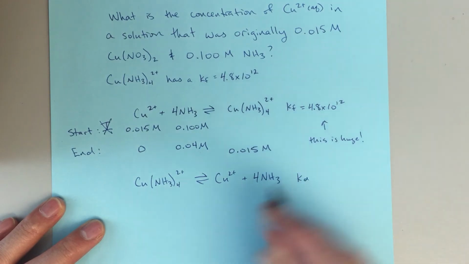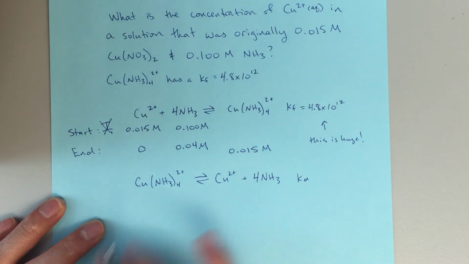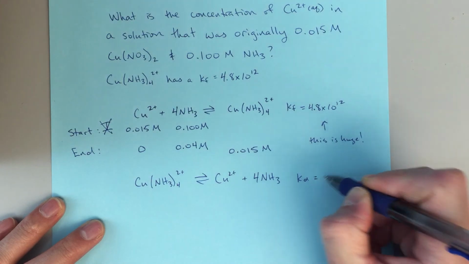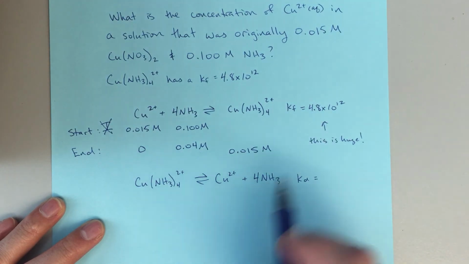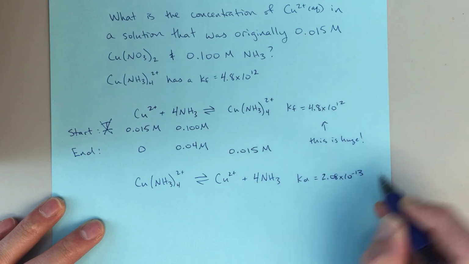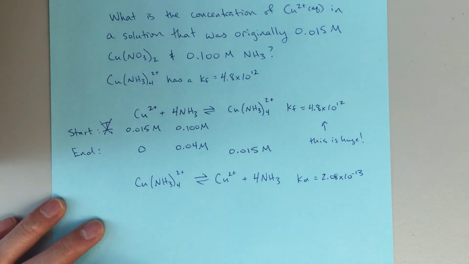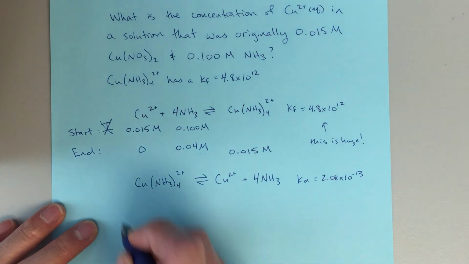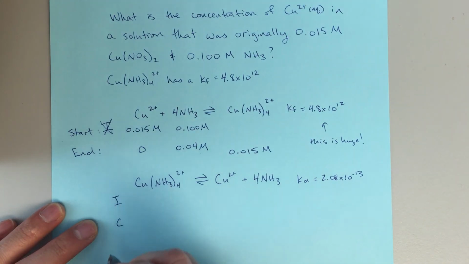And this is my general form of the Kd, right? Dissociation of my complex ion. And my Kd value is just going to be 1 over my Kf, or 2.08 times 10 to the minus 13th. So very, very small. So again, my x value is probably going to be very, very small. Now I'm going to do my ICE table. So my initial here,